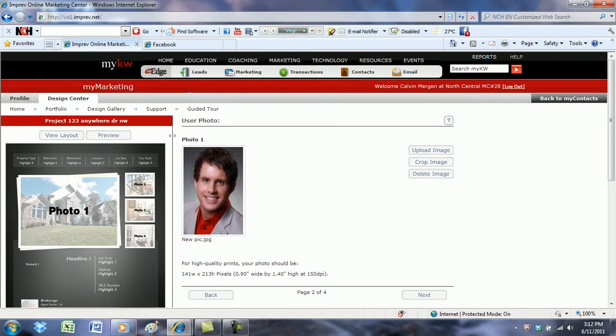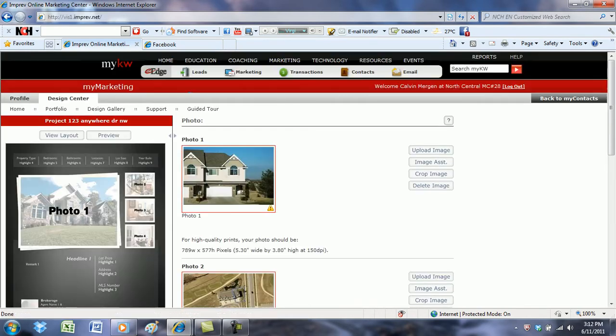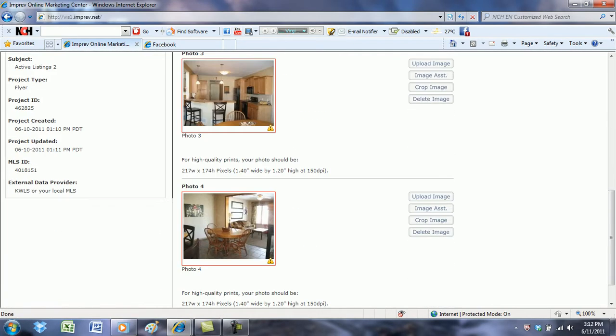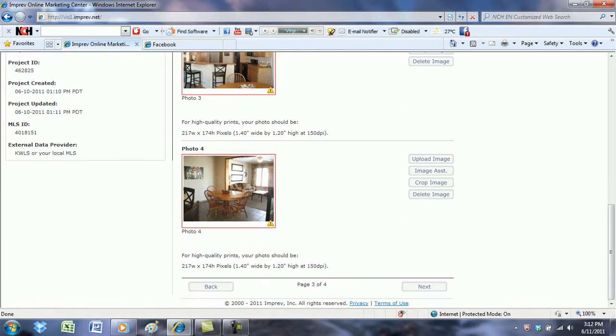So your image should automatically pull in there. If it does not, under profile here, go to photo and upload your photo into your profile. That way it will always pop in there for you. Then just hit next. And it pulled the images, so they're in here. I'm happy with that. Then I hit next,